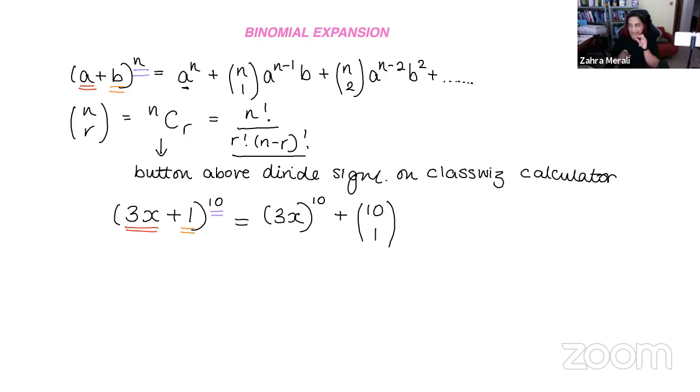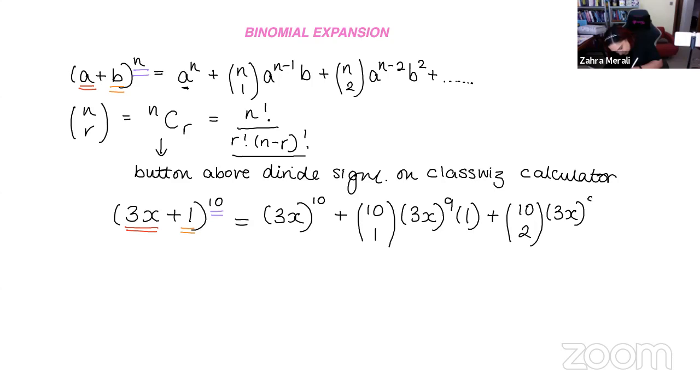If I wanted it in ascending order, it would be slightly different, but let's do our descending order first. So this would be (3x) to the power of 9, because n minus 1, multiplied by b, which is 1. Then 10 choose 2, (3x) to the power of 8, 1 squared. Now, hopefully you could do the 4th term, which would be 10 choose 3,